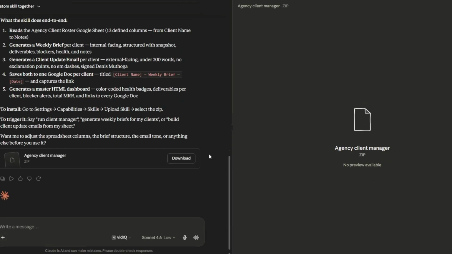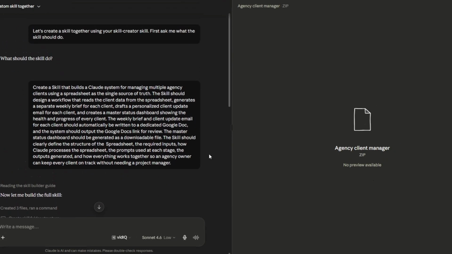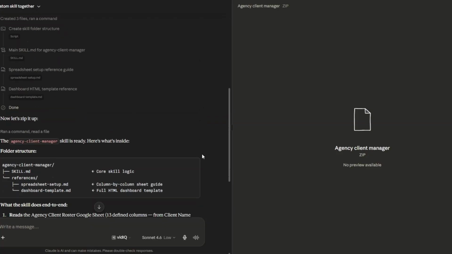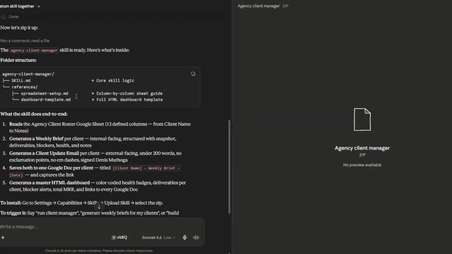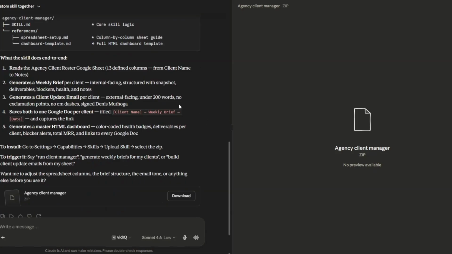Here, you can see it successfully created our skill for us. So the skill is called Agency Client Manager. So here's what is inside the skill. Here's what it does. It reads the agency client roster Google Sheet, then generates a weekly brief per client, then generates a client update email per client, then saves both to Google Docs, and generates a master HTML dashboard